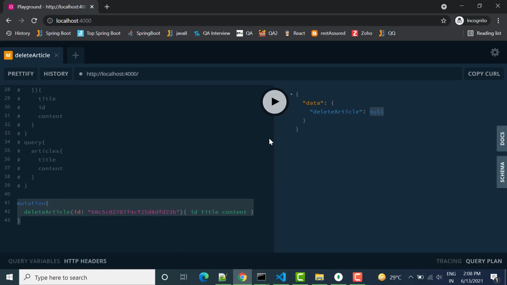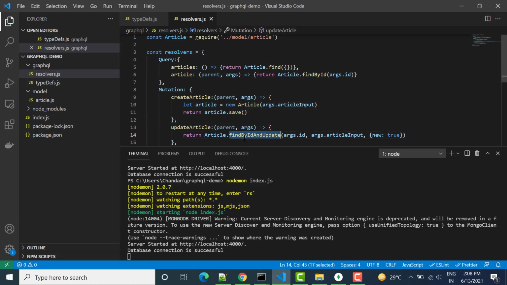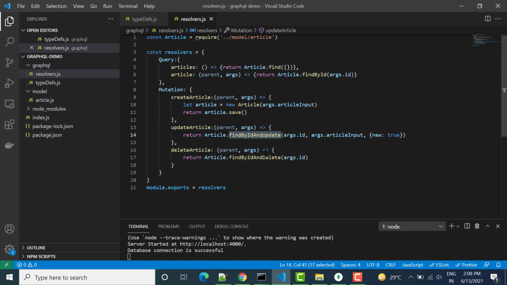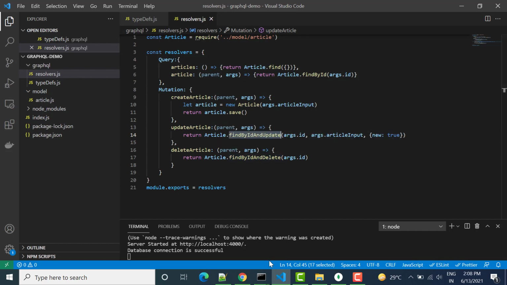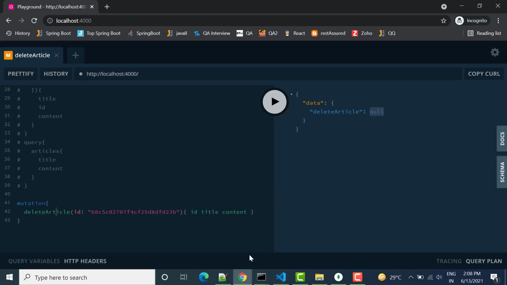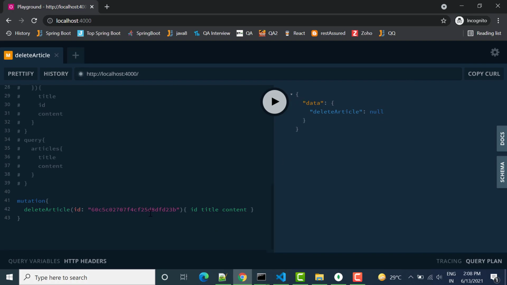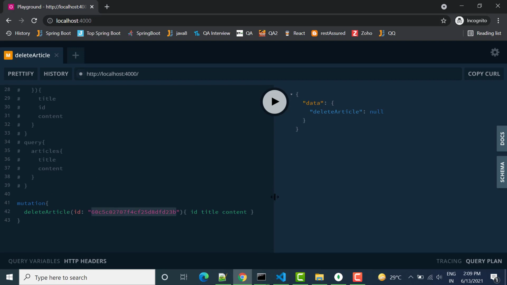So here we have used findByIdAndDelete. It will not return anything. This function will not return anything, it will simply delete the data. So here we can see we are getting null, data article null, that means content is deleted. And similarly you can delete any other object if that is also available there.